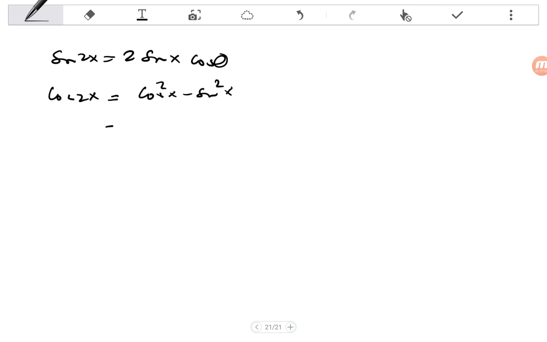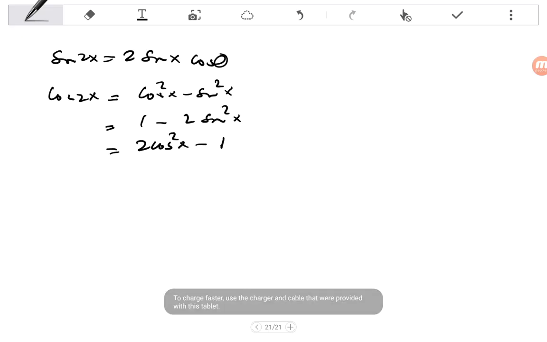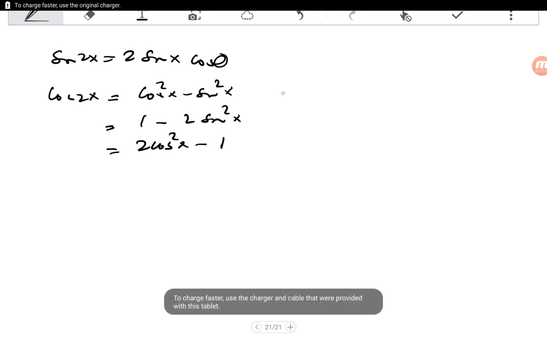I will just write double angle relations and we continue in the next lecture. Sine 2x is equal to 2 sine x cosine x. Cosine 2x is just equal to cosine squared minus sine squared. Another expression is 1 minus 2 sine squared. Another expression is 2 cosine squared minus 1. Why? Because we have